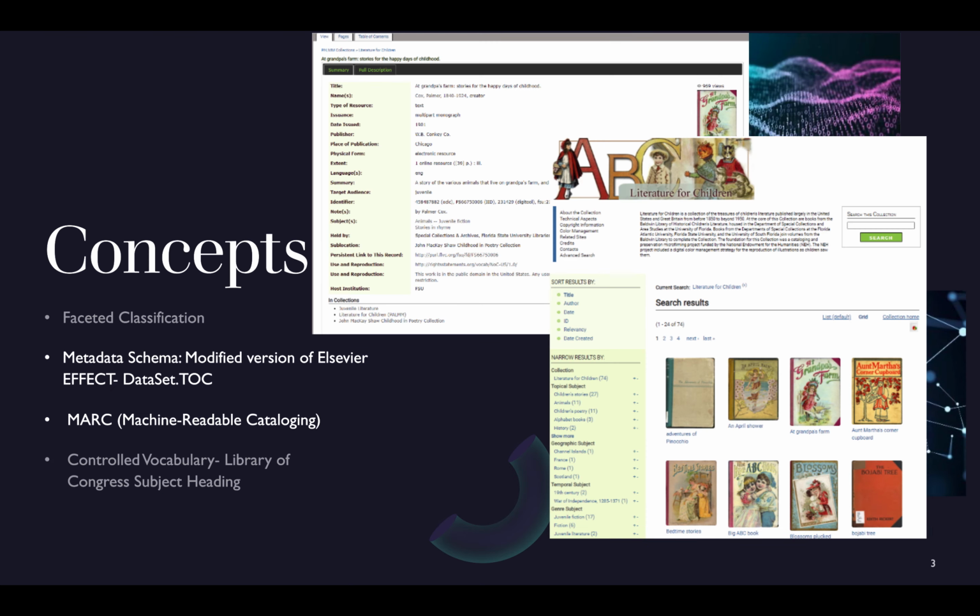The concepts from Info 590 that I will be highlighting today in this digital repository include metadata schema, faceted classification, machine-readable cataloging, and controlled vocabulary. We will start by looking at the metadata schema used in this collection. A metadata schema establishes and defines data elements and the rules governing the use of data elements to describe a